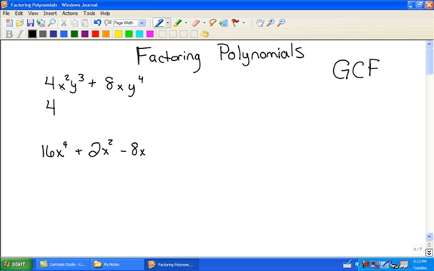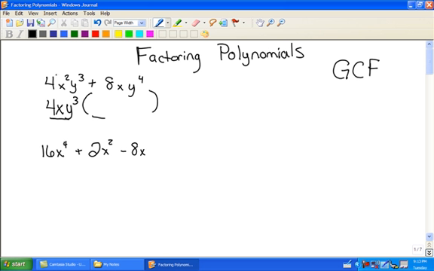Now look at the letters. The first one has an x squared, the second one has an x, so what they both have in common is just a single x. For the y terms, the first one has 3 y's, the second one has 4 y's, so they have 3 y's in common. We need to then multiply our common factor times another monomial to give us the individual factors